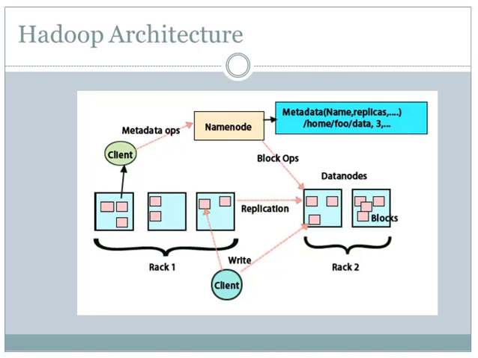So let's understand the FS image and edit log. FS image and edit log ensure file system metadata persistence to keep up with all information, and the name node stores the metadata in two files. These files are the FS image and the edit log. The job of the FS image is to keep a complete snapshot of the file system at a given time. The changes that are constantly being made in a system need to be recorded. These incremental changes, like renaming or appending details to a file, are stored in the edit log.